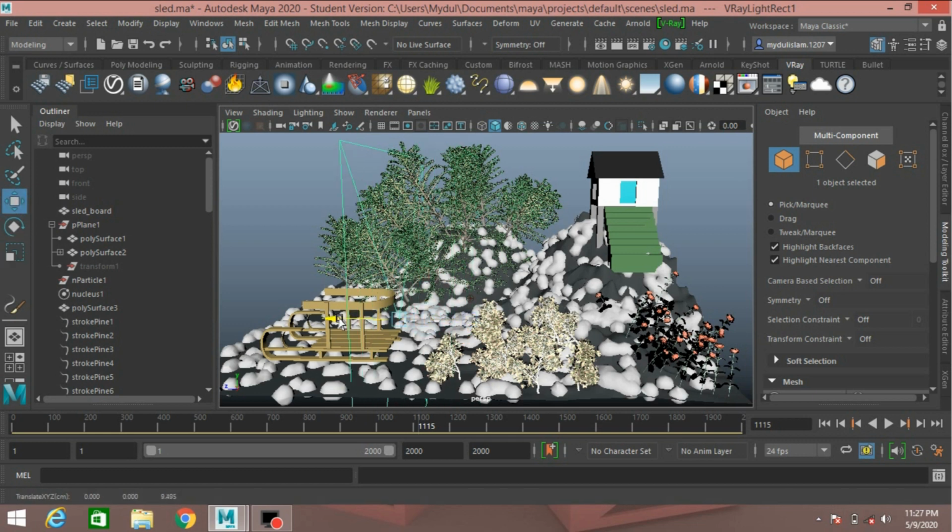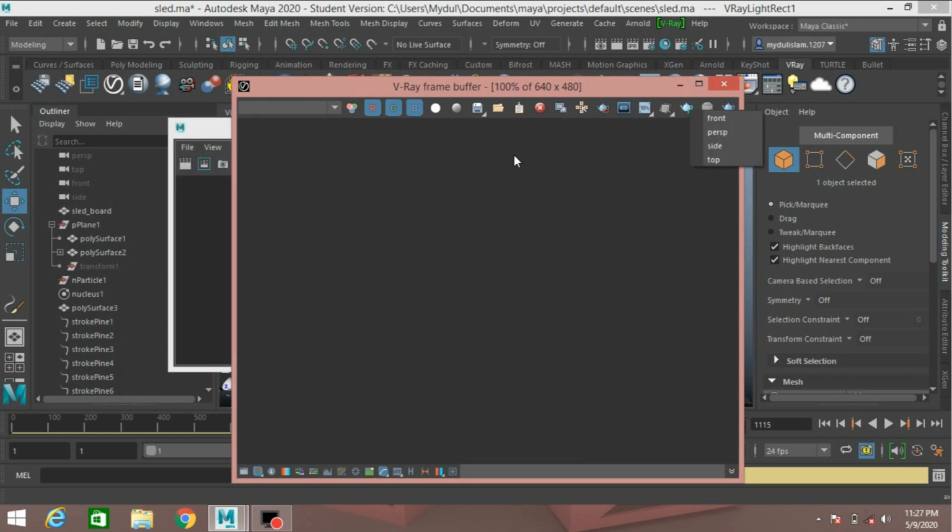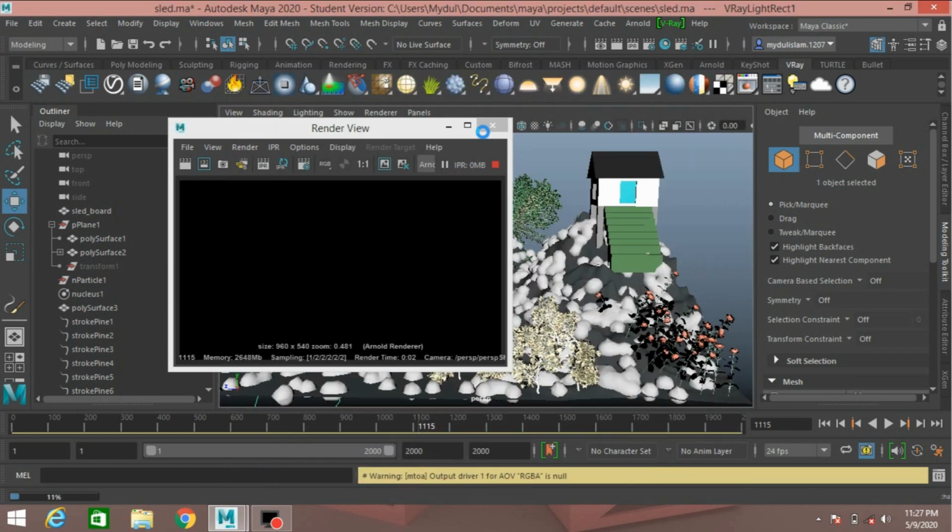And move it back. Click here. Select Perspective. Close this.